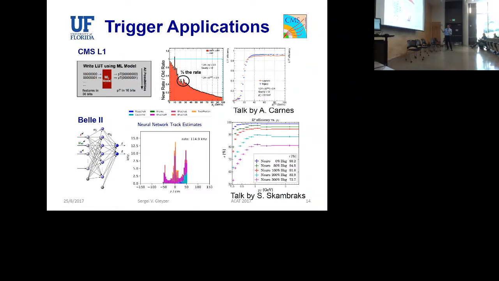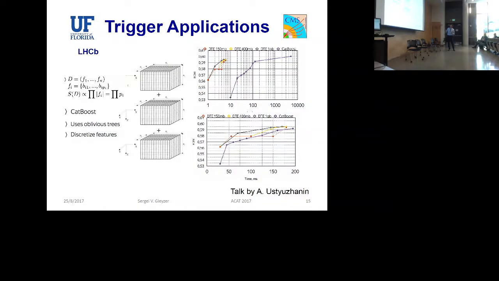There's another. This was a talk by Andrew Carnes, and then another talk by Sebastian Ambrex, and this is from Belle 2. This is a neural network-based model, which seems to be doing quite well in a trigger. And LHCb as well. They presented this idea of tensors, basically kind of like decision tree tensors, and their applications and speed up of the trigger as well, on some figure of merit and the number of lookups and how much time it takes, and it's very promising results as well. Something called CatBoost.